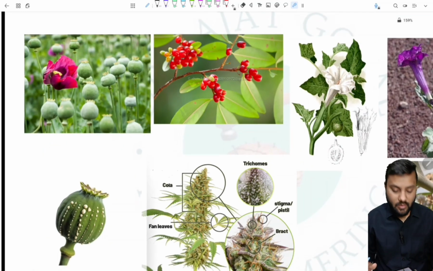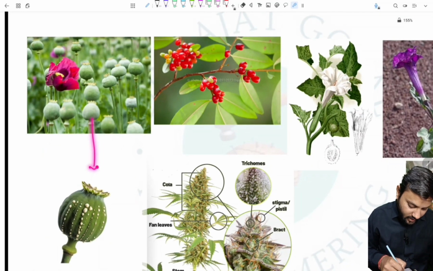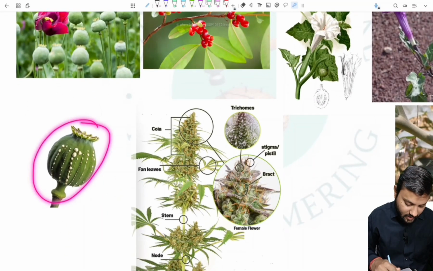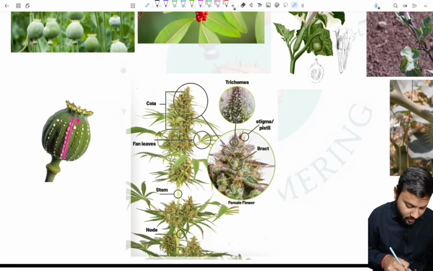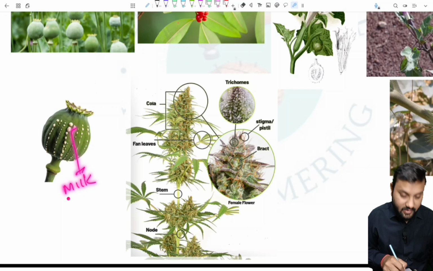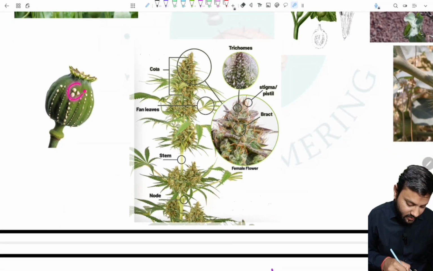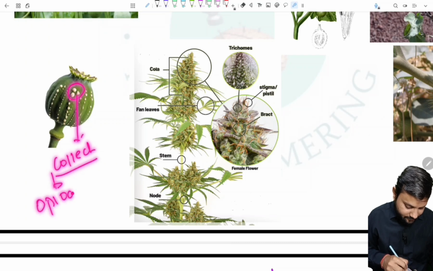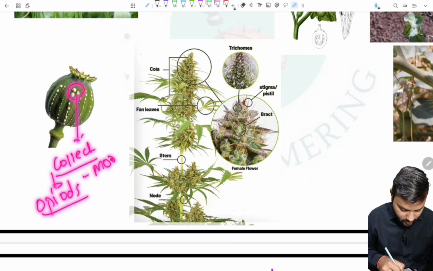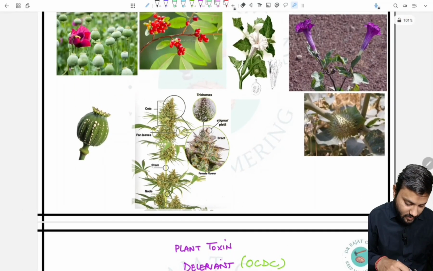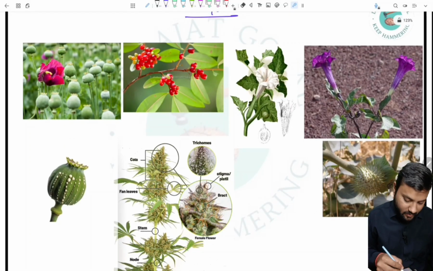Poppy, or Papaver somniferum. Here we can see it is an unripe capsule, and when we make cuts in the unripe capsule, we have to make longitudinal cuts. Then a milk-like product will come out, and this milk-like product, when dried, is collected and used for making opioids such as morphine, codeine, etc. So this is the image of Papaver somniferum, the poppy plant, and this second image is of the